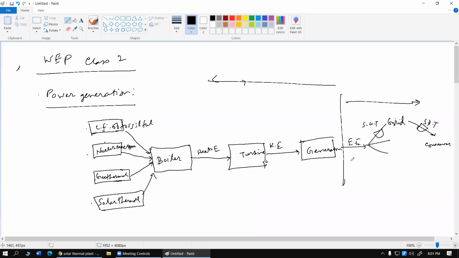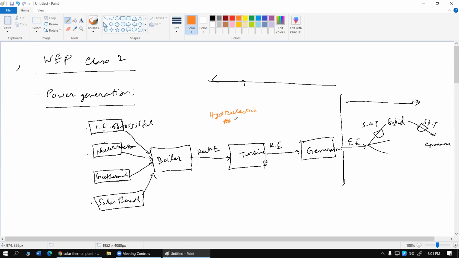There are some other examples where we do not need a boiler. In those cases, some other form of energy can be directly fed into the turbine. One of the very common examples is what we call a hydroelectric power plant. Hydroelectric power plant নিয়ে আমরা লাস্ট ক্লাসে কিছুটা আলাপ করছিলাম, মনে আছে? ওয়াটার সাইকেল দেখাইছিলাম।